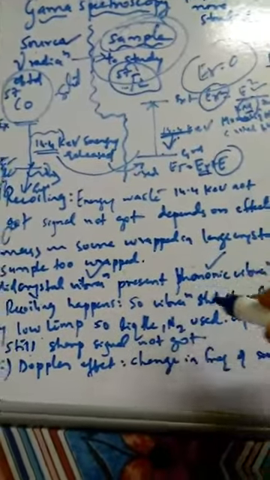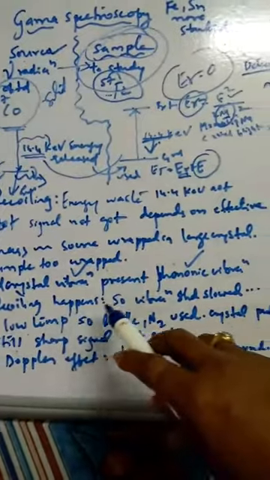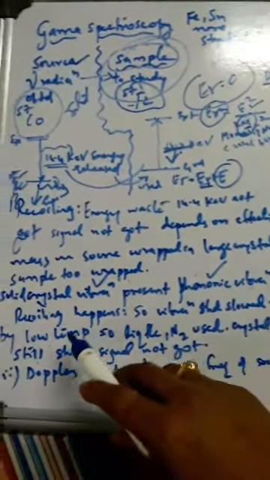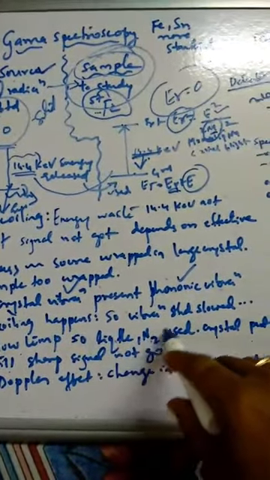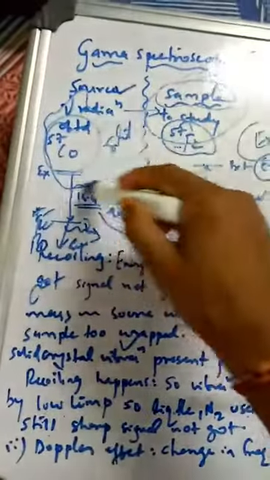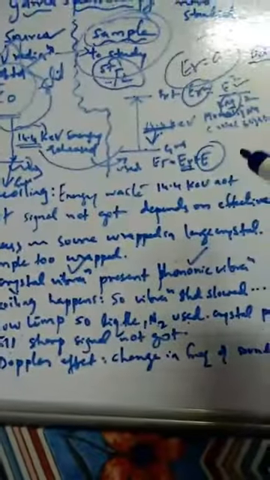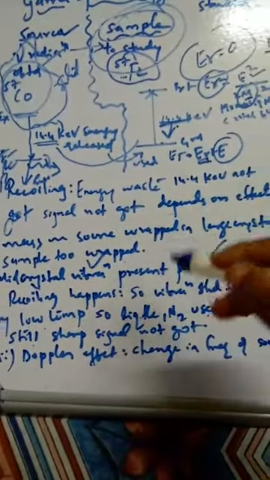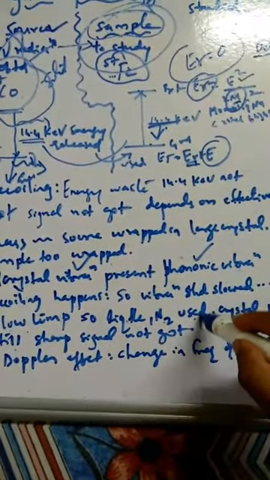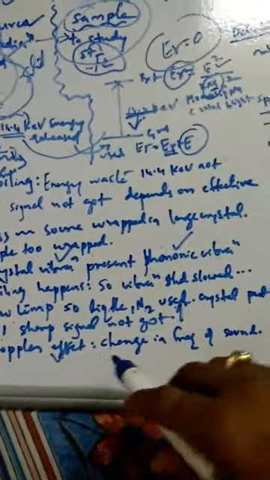That is why in Mossbauer spectroscopy the vibration is slowed down by using low temperature, with liquid helium or nitrogen used to lower the temperature. But even so, getting a very sharp signal is difficult. So next is the Doppler effect: improvement of the signals can be done by the Doppler effect. What is the Doppler effect? It is the change in the frequency of sound or light, is it right? In the last semester I told you about the Doppler effect.